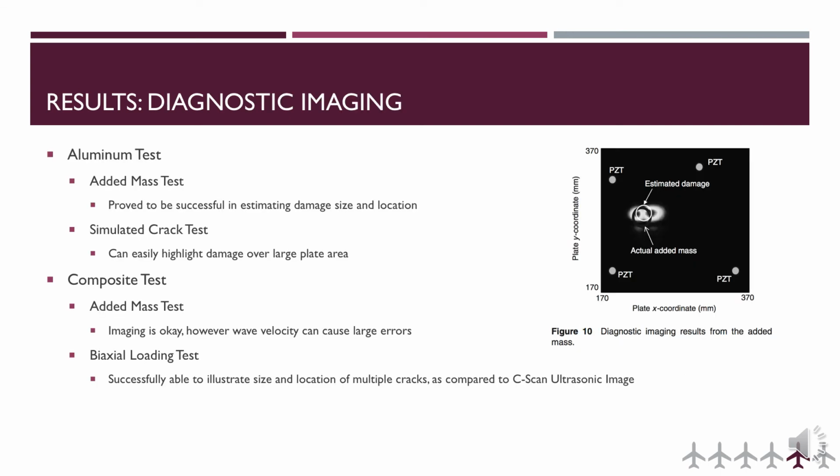The results of the added mass test for the aluminum plate resulted in a successful approach to estimate the size and location of specific damage. In the simulated crack test, the results illustrated that this technique can easily highlight the damage over a large plate area. Meanwhile, for the composite plate test, the added mass test